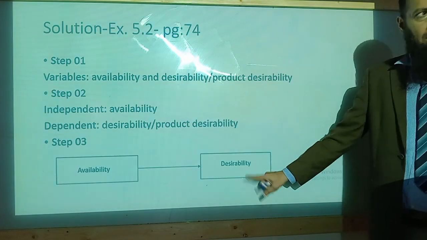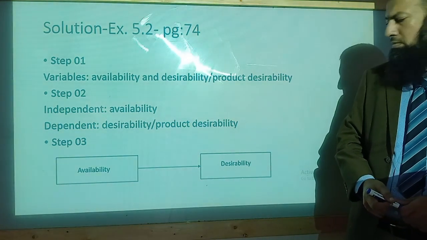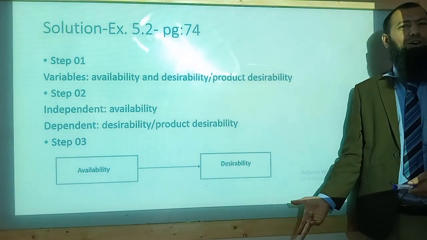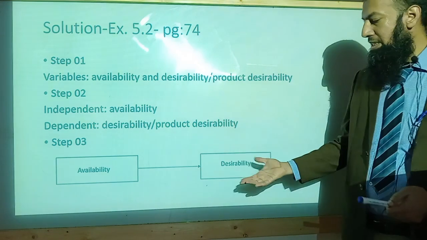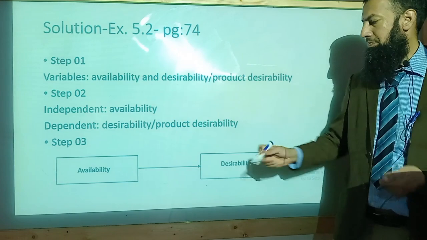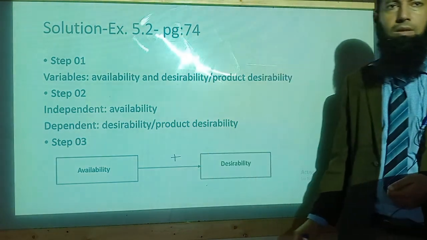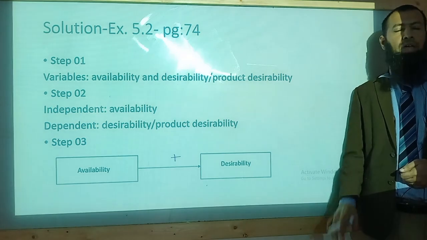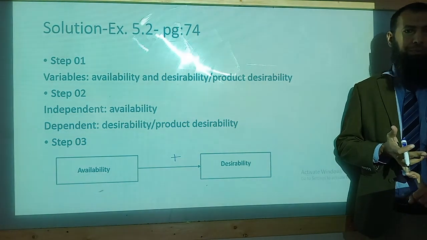Is there a positive relationship or negative? No relationship. Then what are we doing now? When the availability increases, when the availability increases... Sir, negative, sir, the quality will increase, limitation is coming so it is decreasing, right? Answer my question. When the availability of a product increases, what happens?